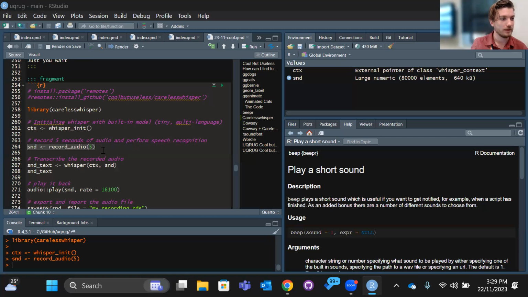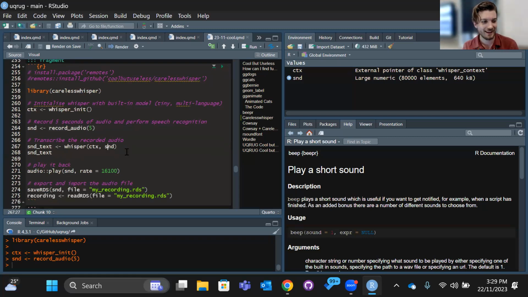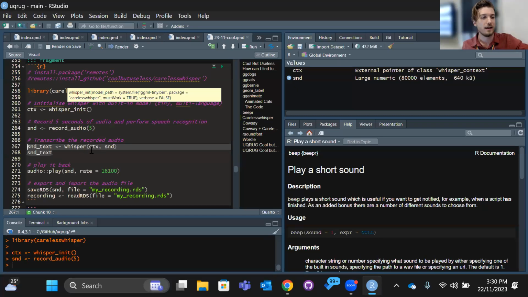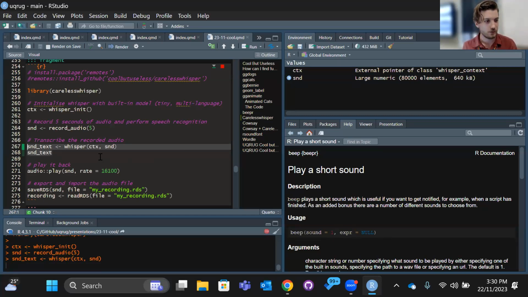All right, for those online, you can see that did not crash that time. So I think that means we've had success. Yeah, we're not out of things yet. It could still crash. So I'm going to run the whisper thing now, which will use both the context of the initialization we did, and it'll get the audio we recorded. And what it's going to do is transcribe that from the audio that we recorded into text.